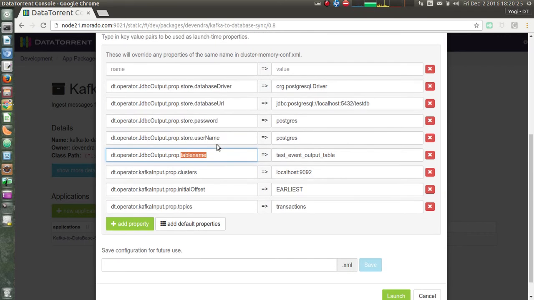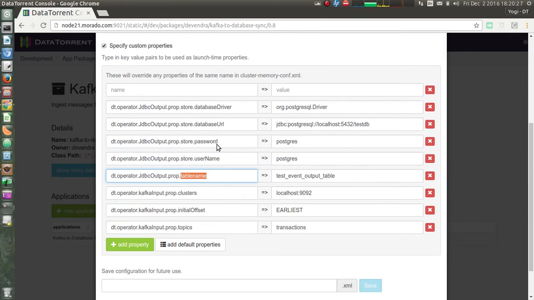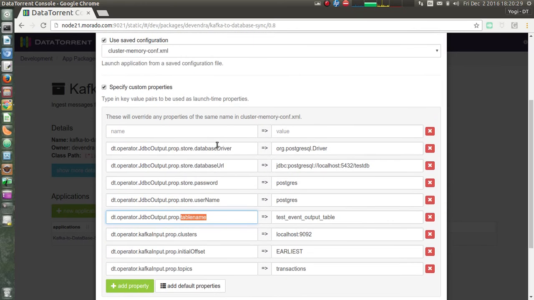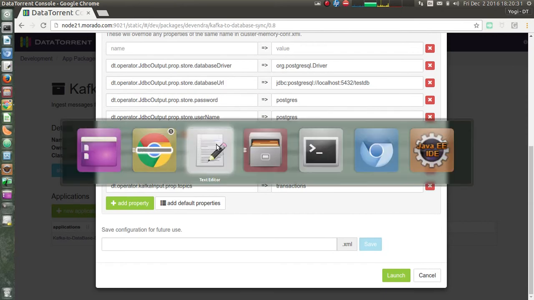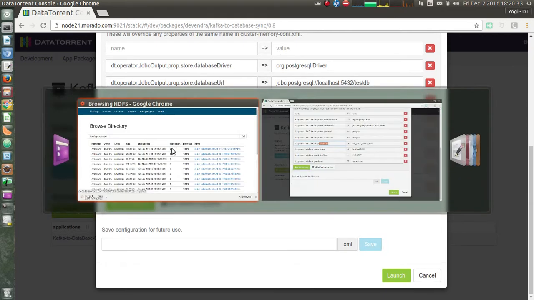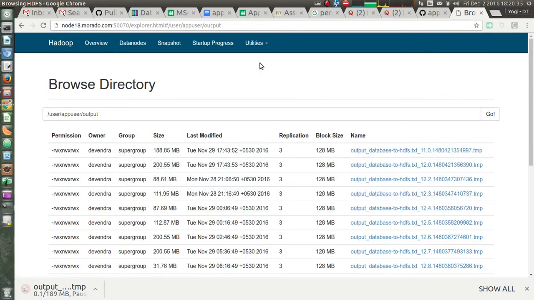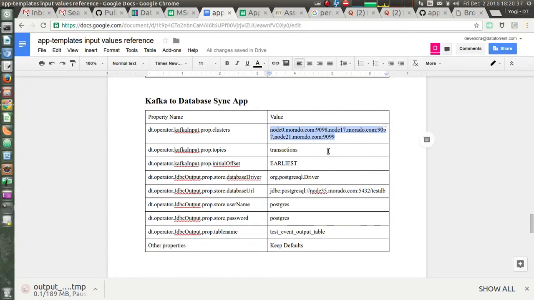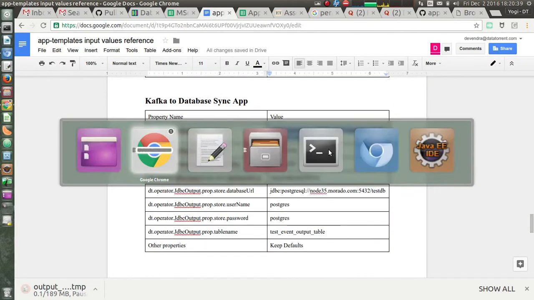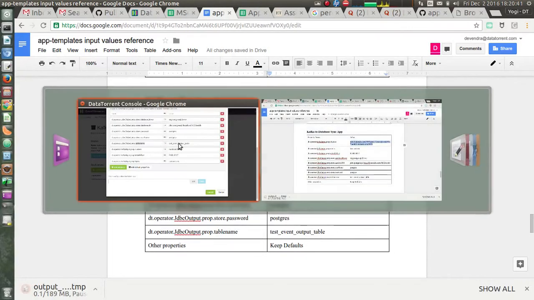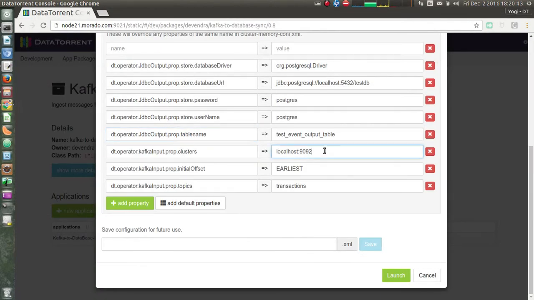So I have some predefined values for this, which are suitable for my environment, but when you try it out on your own, you should supply the values which are based on your environment.